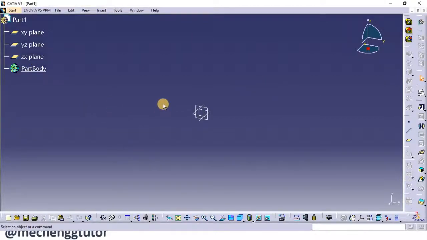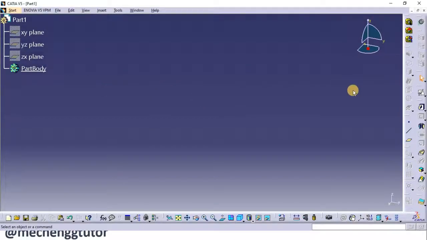As we have seen in this Part Design interface, it has the compass over here, which depicts the directions or the positions of these three planes, XY, YZ and ZX planes, and also the X, Y and Z axis. Friends, we have seen till now that in the industrial design approach, the default planes are not used for construction purposes, so we select them and hide them. Rather, we will be creating our own axis system at our own specified point, so that any modification which comes in the future can be easily incorporated.